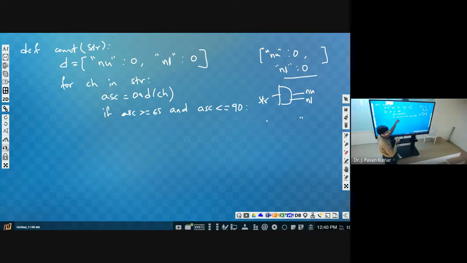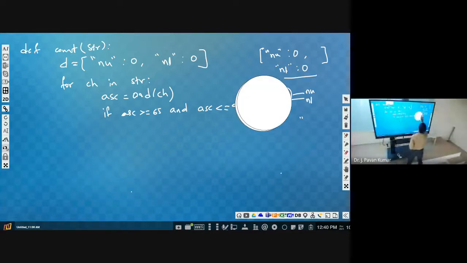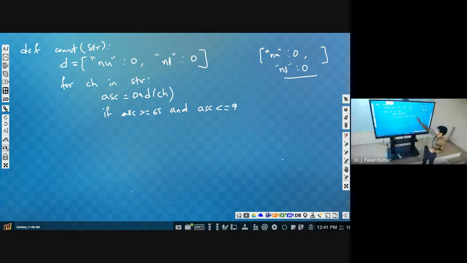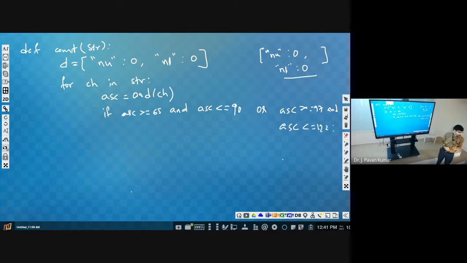Yeah, the ASCII character will be retrieved. Then based upon that, we will be checking whether it is between 65 to 90 or ASCII value is greater than or equal to 97 and ASCII value is less than or equal to 122, this way.